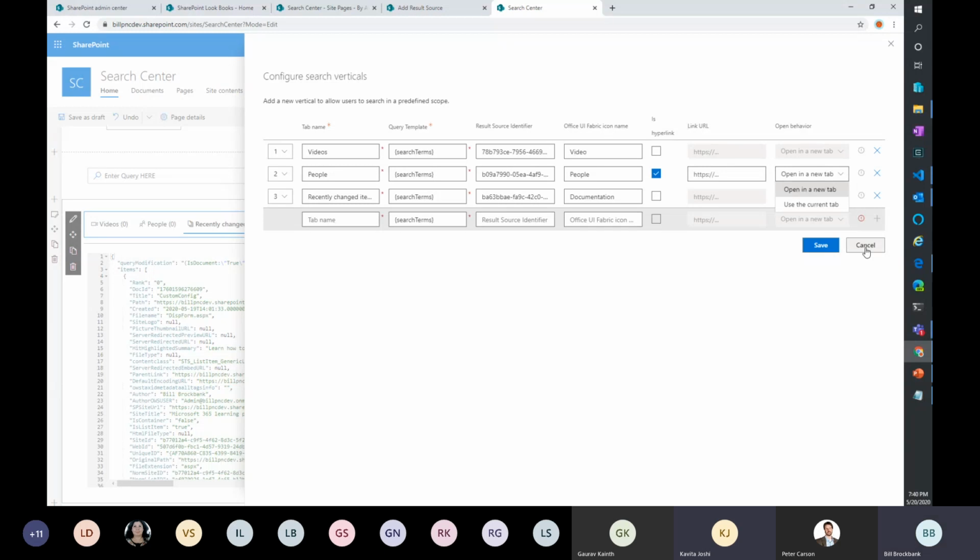Yeah, when this runs, crawling, it always targets the URL that the components are added to. So if you wanted a result source specific to the site you're working with, that's where you'll have to set it up. If you want to set it up globally so you can reuse it other places, then you do it as a tenant. So it's up to you where you want to do it.